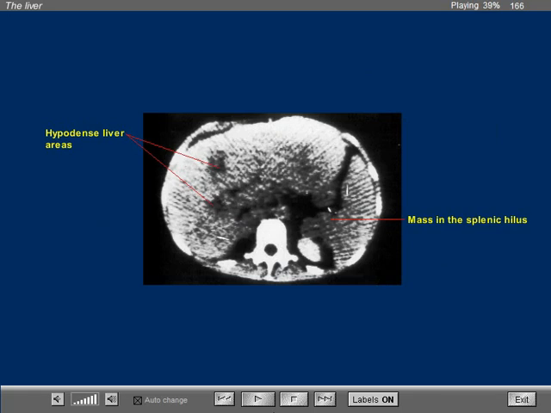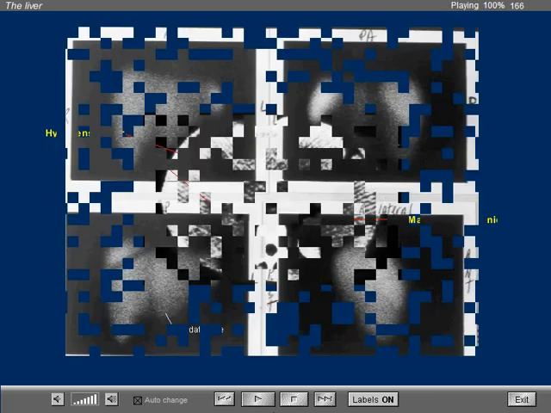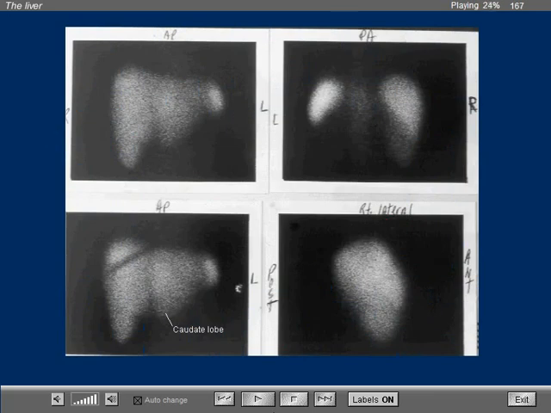At this time, we suspected the possibility of a malignancy, such as a carcinoma of the pancreas that may have obliterated the splenic vein and had metastasized to the liver. Another possibility was of a lymphoma. Clinically, this woman had no evidence of a visceral malignancy. A phagocytic liver scan was obtained, which failed to demonstrate the focal lesions in the liver,